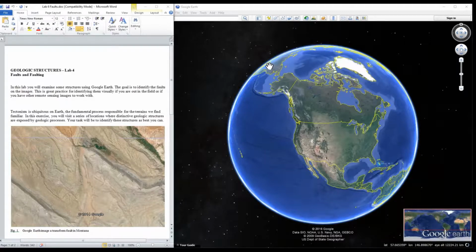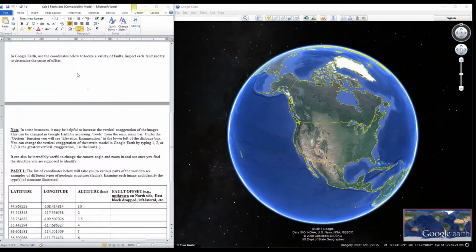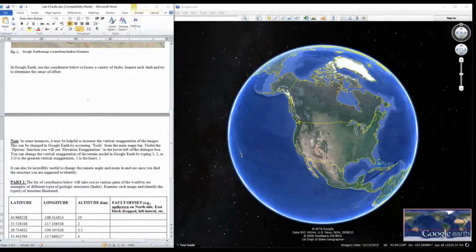It's sort of like Google Maps, but a lot more in-depth and a lot more inclusive. Shows places where there are no roads, shows the whole Earth. You'll want to download the Google Earth Lab document here, Lab 4 document. And it'll look like this, and you'll have a list of coordinates to go through after you've read through the